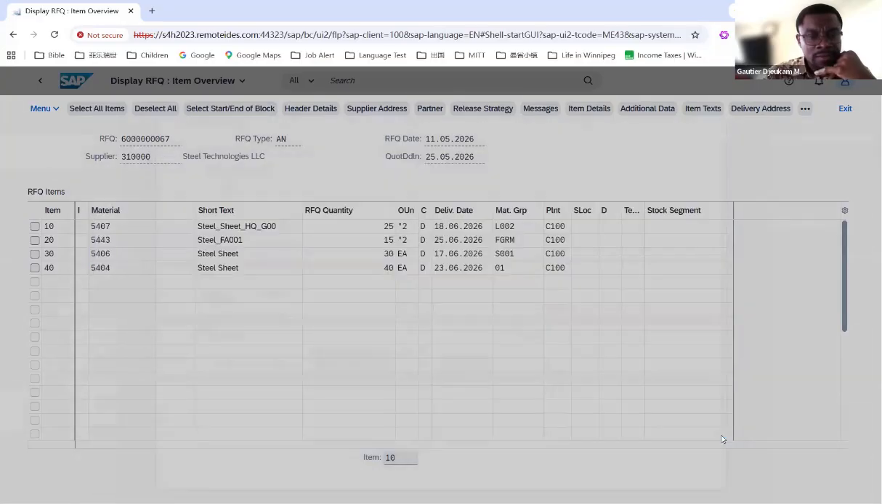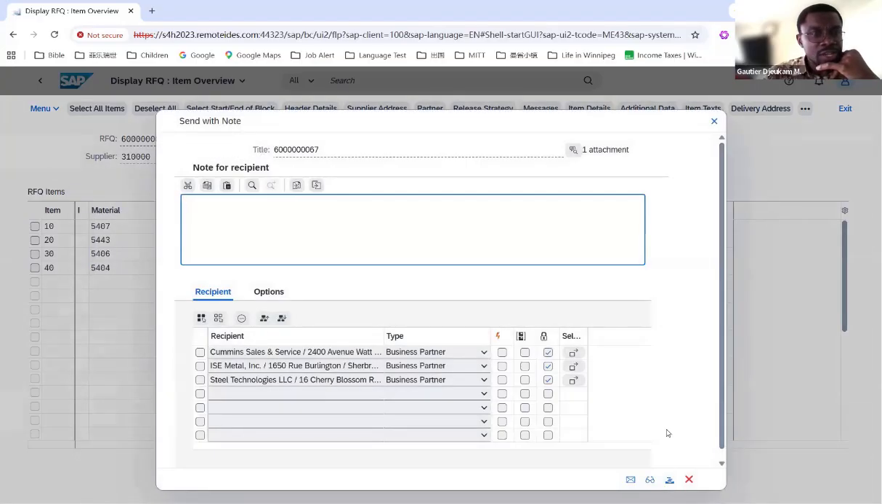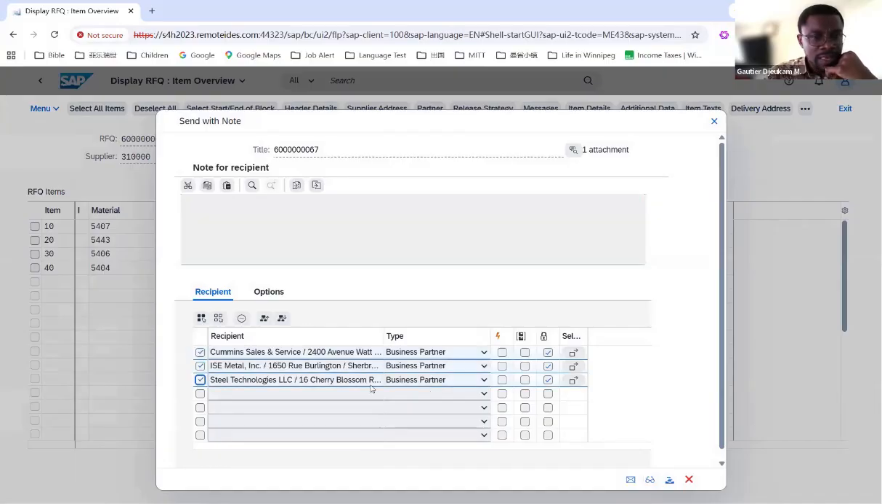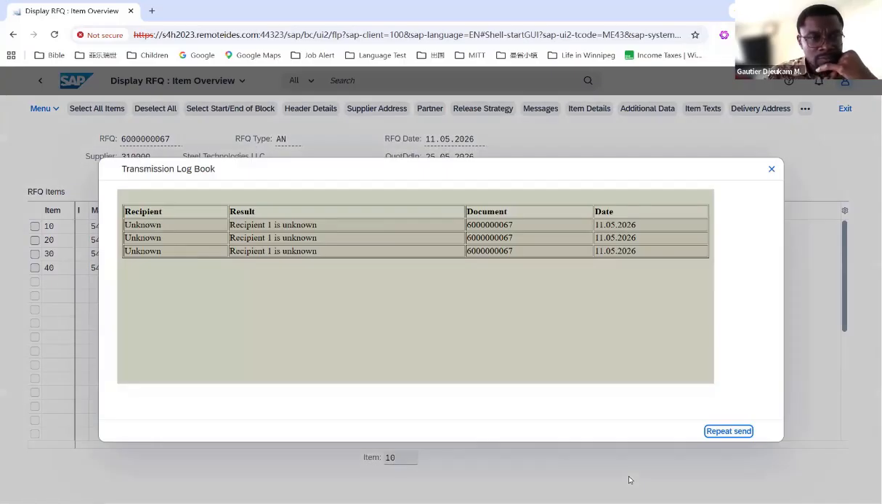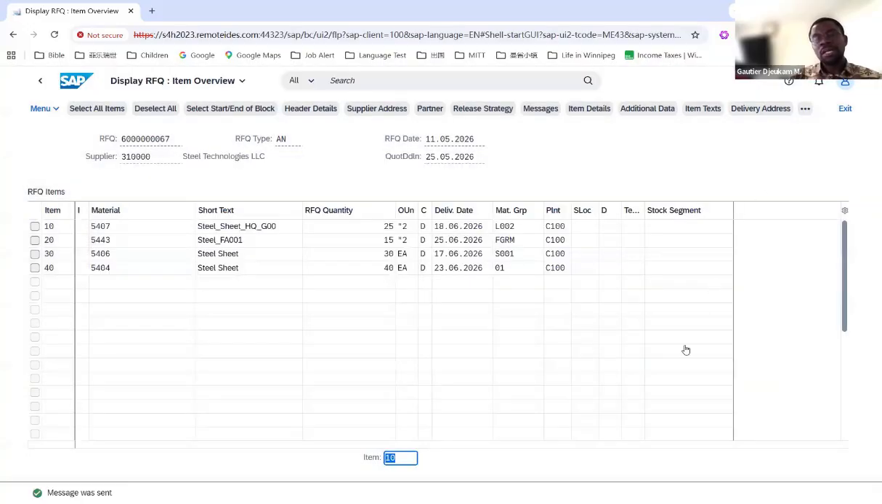So I want to see one thing here. Check mark those three suppliers, recipients on the left side. This one? Select those three, and go to your send button again. Okay, that's how you proceed to push this one out. And I close it? Now, before you close,